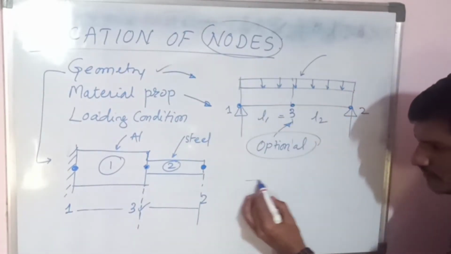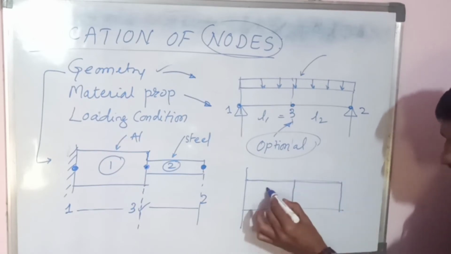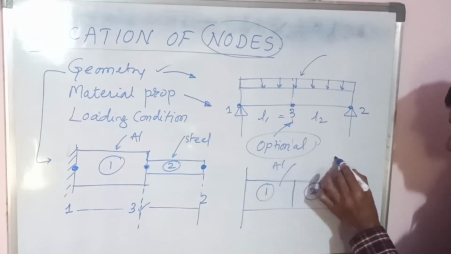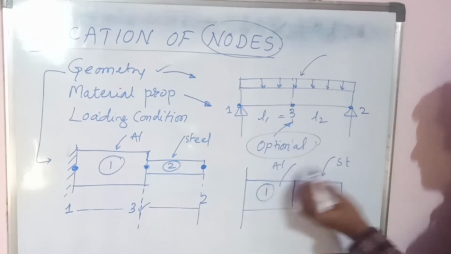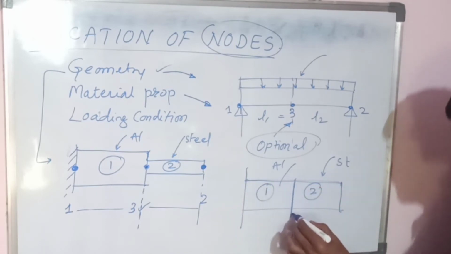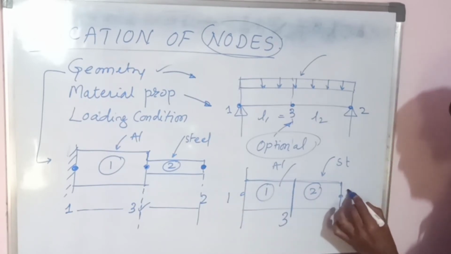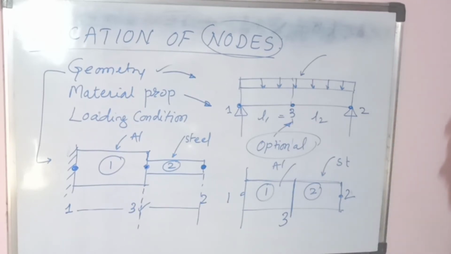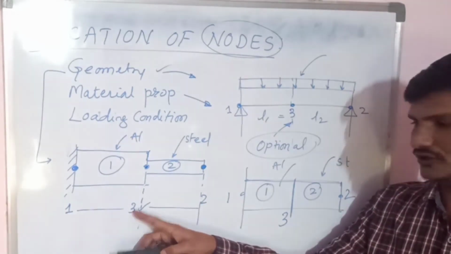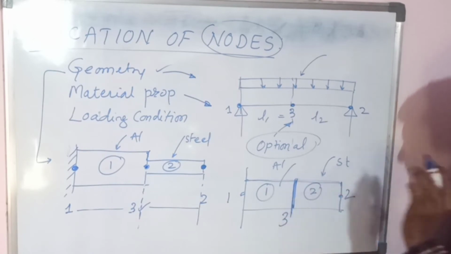But if the bar is uniform, and you divide it into element 1 and element 2 like that, and this is aluminum and this is steel, so when the materials are changed in a uniform bar, there where the materials are changed, you have to consider another node. So for this problem, at the stepped bar you have taken three nodes, and for a uniform section you have to take a node where the materials are changed.